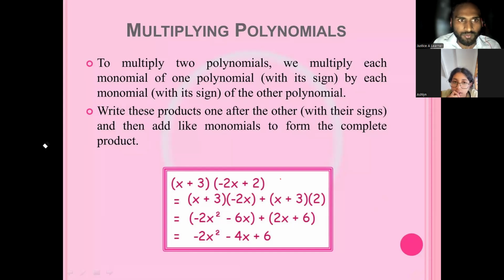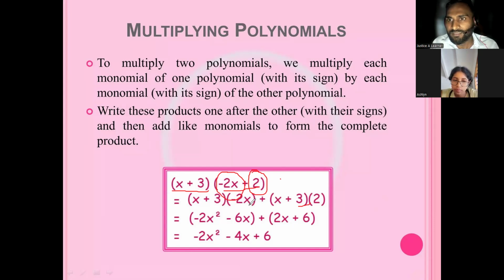Firstly, we need to treat this data with this. So what we'll be doing, we'll be going with this first, right? 2 minus 2x. So this we are multiplying together. So minus 2x we have taken outside. And then we are going with this data, positive 2. We have taken this outside along with this x plus 3. Same you can do from this side, like x can be taken out and multiplied in this, right? Now we can multiply 2 and 2 will be written, minus 2 will be written, and x into x